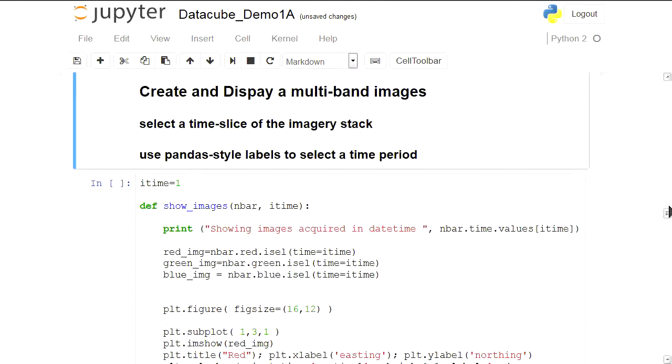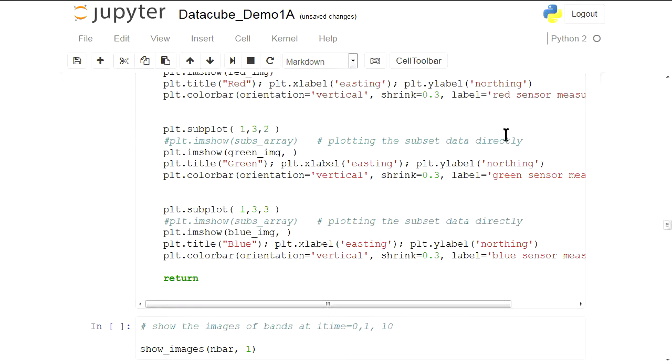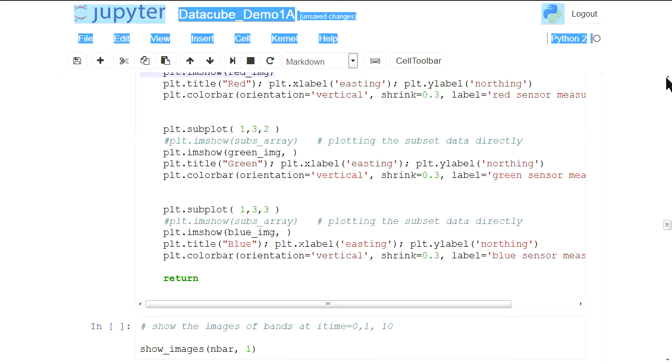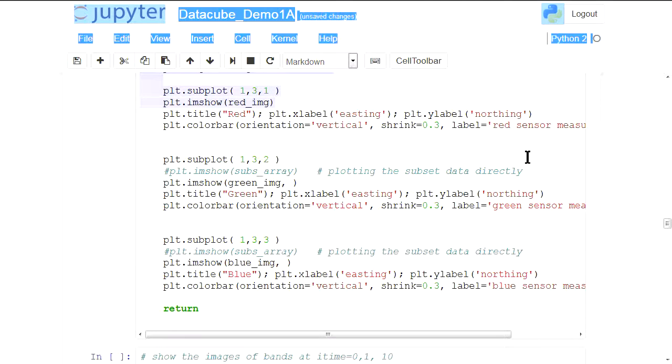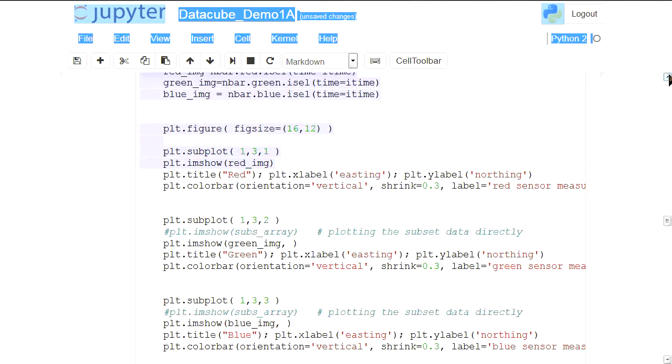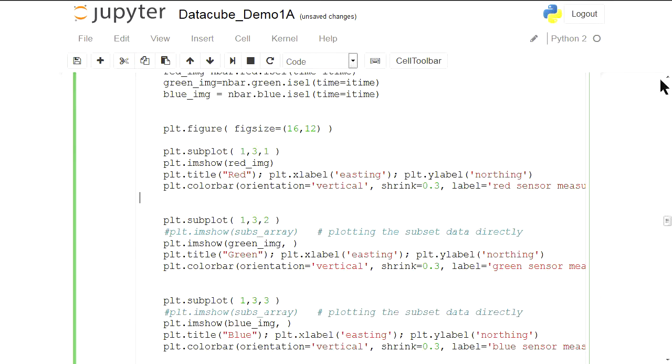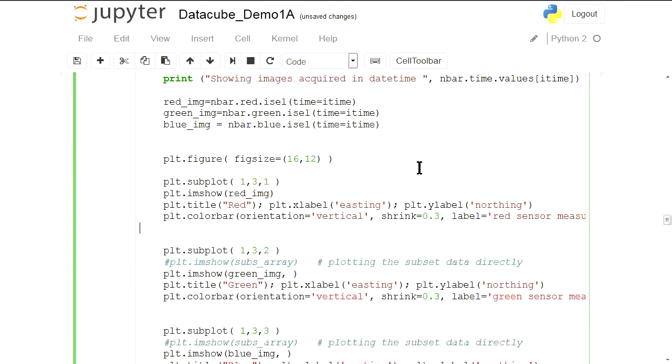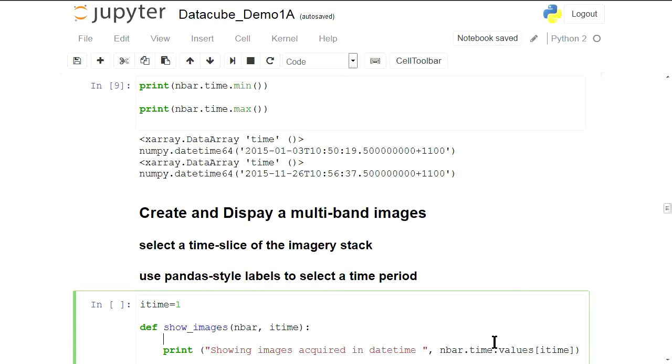To show you some real satellite imagery, I made a function to retrieve RGB imagery as an individual slice. In a Jupyter notebook, I think it's good practice to define functions instead of repeating code every time.